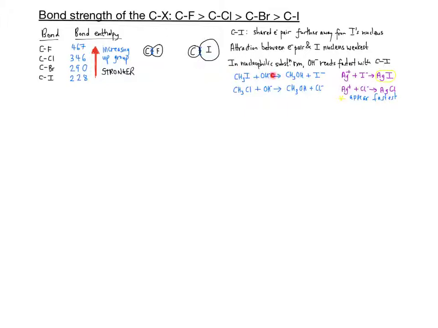This is summarized in these equations here. So this reaction will happen very quickly, this reaction will happen more slowly, and you can check for how quickly these halide ions are being formed using silver nitrate and nitric acid to test for the halide ions. So remember that the AgI is a yellow precipitate, and the yellow precipitate will appear fastest, and the silver and chloride ion reaction would occur more slowly, and so the white precipitate of AgCl would appear